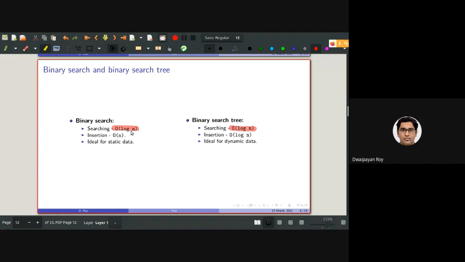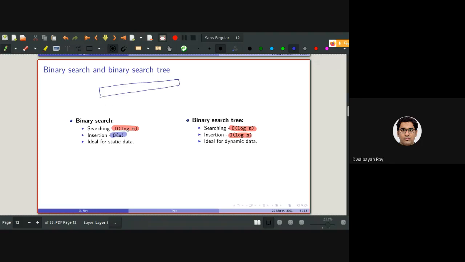But the thing that makes the difference is insertion. For binary search, you know, it will be a sorted array, right?